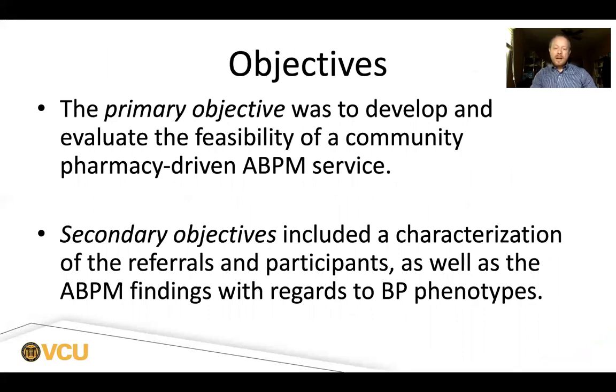Even if you go back to the Ireland study I just mentioned, they really didn't focus on how you implement this, right? What does it look like in the pharmacy? What does the workflow look like? It was very much focused on comparing the data between community pharmacy and primary care. So what we wanted to do is really focus in on the actual process and the feasibility of doing this